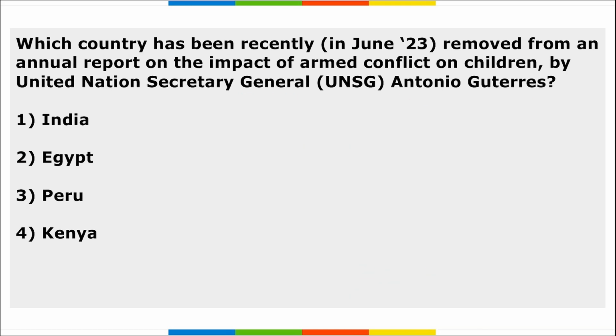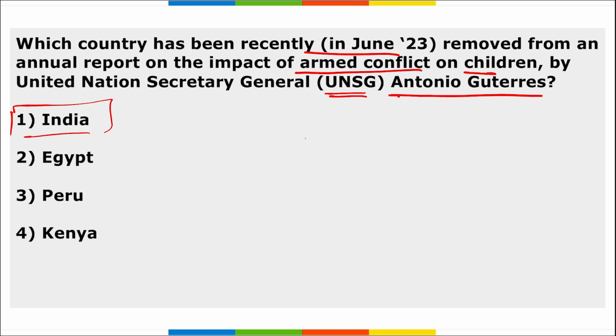Next, which country has been removed from an annual report on the impact of armed conflict on children that was released by United Nations Secretary General Antonio Guterres? So, India has been removed from the annual report on the impact of armed conflict on children, and it is a big achievement